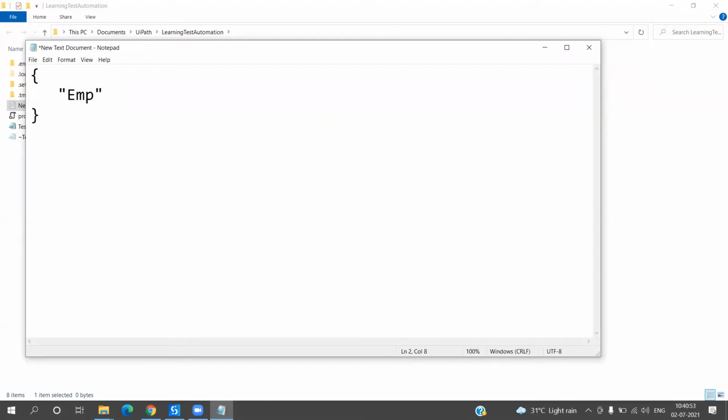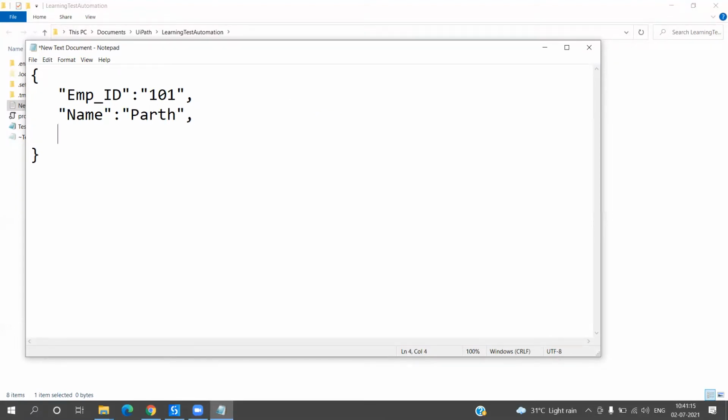Let's suppose my fields are going to be employee ID and then colon, and just add random data over here, whatever you want to add. Then enter again for your second field. It's going to be name, then colon, and it is going to be Parth.